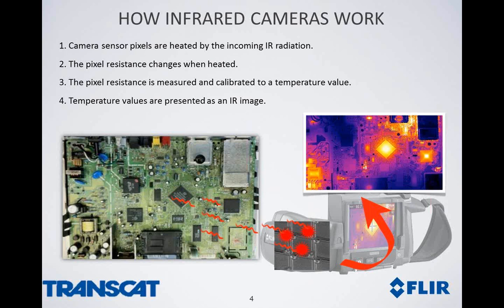With the lens of our camera, we focus infrared radiation onto the detector elements. As the radiation strikes our elements, they heat up and the respective resistance changes. Using a readout integrated circuit, we can measure the resistance